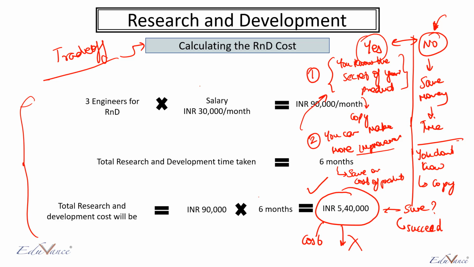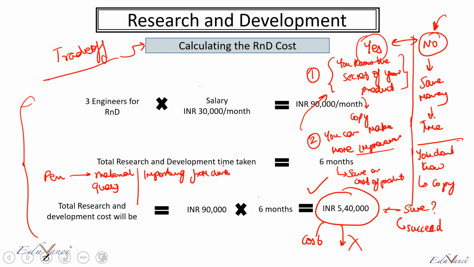So for example, if you are developing your own pen, let me give an example. If you decide to make your own pen, you can choose what material you are putting in your pen, what is the quality, how the pen will perform. You can control all of that. Versus, let us say you are just importing the pen from China. Well, you can do that, but now let me ask this question. If you can import from China,